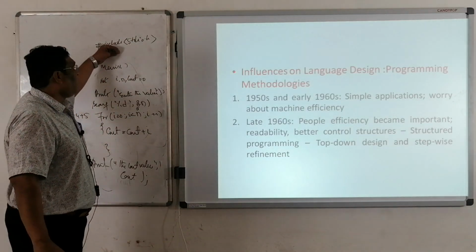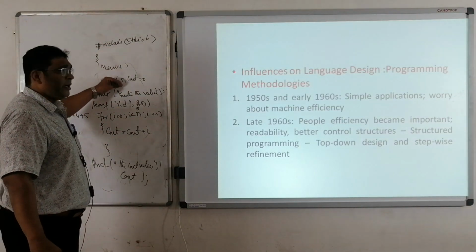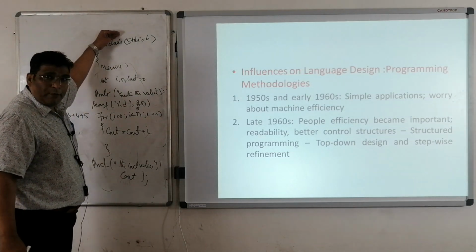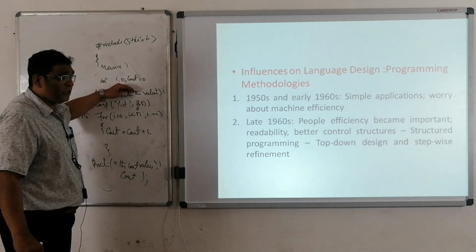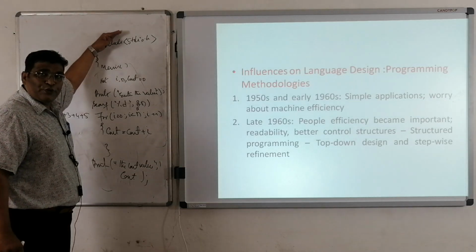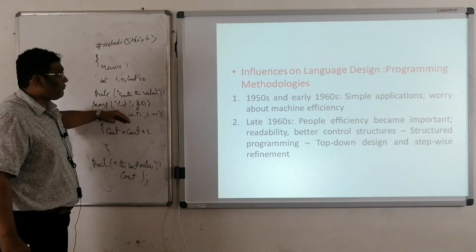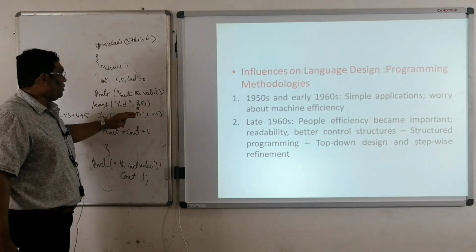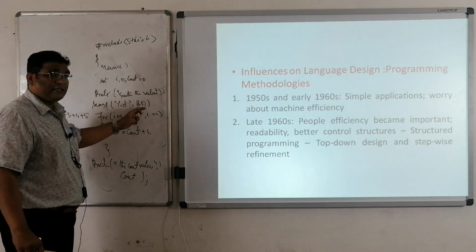This is an example. Include stdio.h, main, int, count. We have just designed a program like this. We are going from the top. What is the include value? What is this and everything? This is the top-down approach. We are going from the top. Let's take an example: main, include, and enter the value of n.